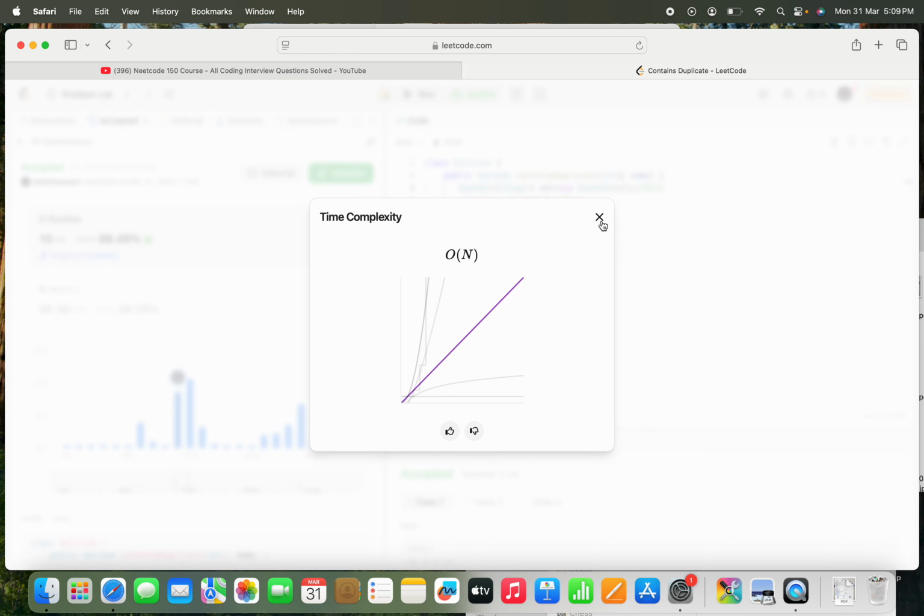Here also we can see its time complexity is O(n)